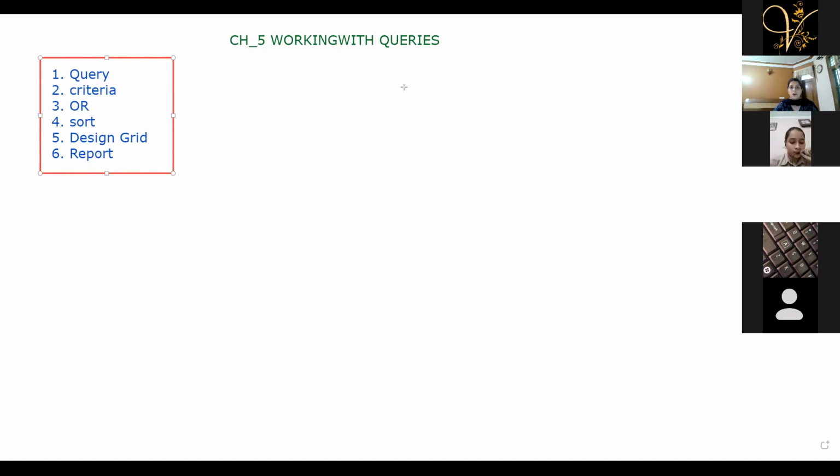Now, true, false. Coming on to the true, false. Queries helps us to retrieve information from one or more tables that meet a specific condition. True. Queries object which is helping us in retrieving the information. हम queries में कोई ना कोई condition लगाते हैं on the basis of which we are able to retrieve the information. So that's why the statement is true.